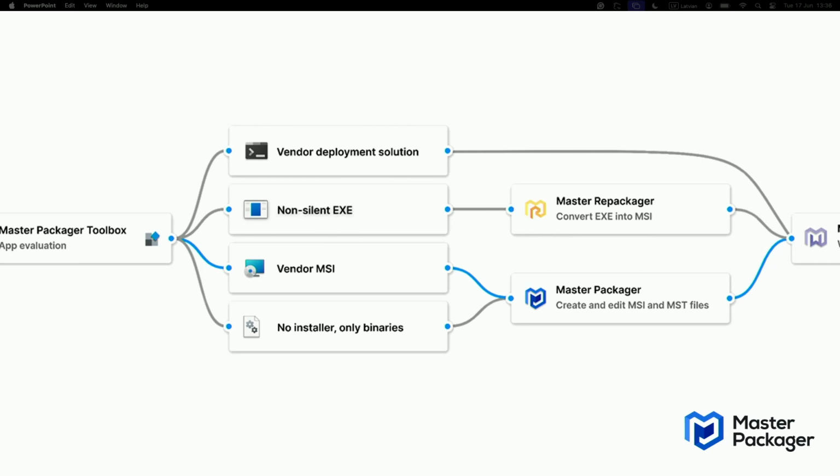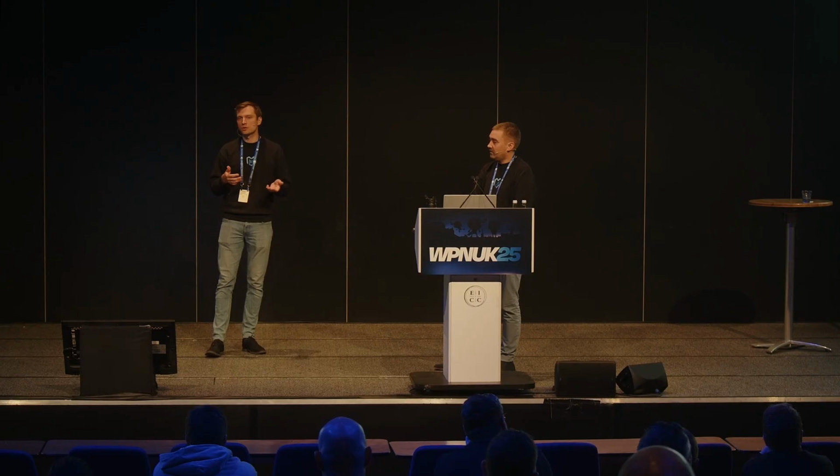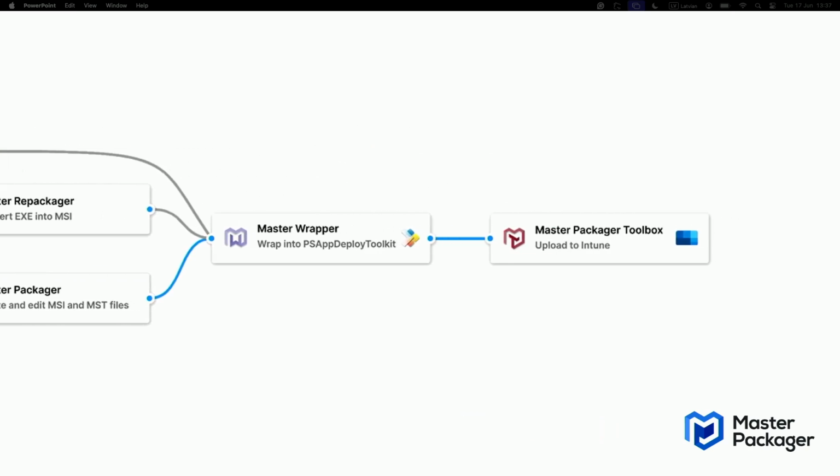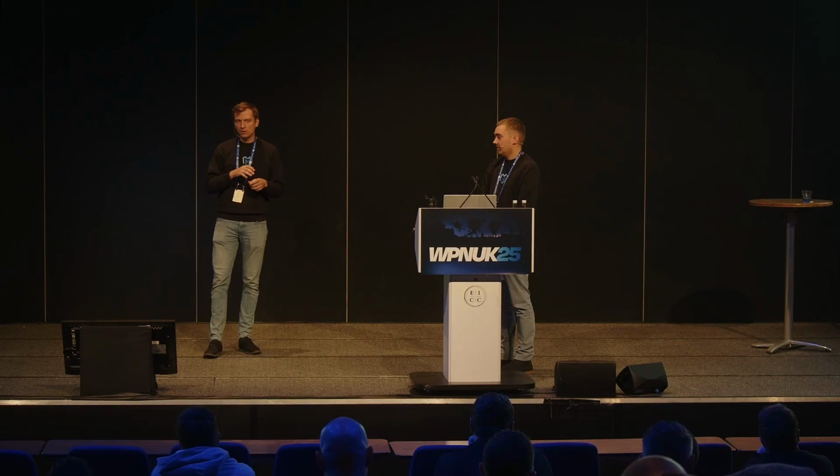So then you would use the repackager, or if it's a vendor MSI, you just create an MST file, right? Or if you have just files, binaries, you can again drag and drop them into master packager and build an MSI for it. But nonetheless, everything goes through the master wrapper, even if you have one single MSI. And you would say, why should I do it? It's an extra step. But in the long term, it's getting standardized, and all the packaging tasks stay in